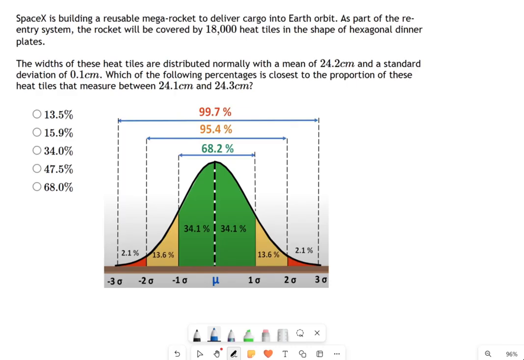Most people tend to fall within this range of heights, right? And then at the edges, you have a few people who are really short and a few people who are really tall, right? Lots of data in life follows normal distributions. In this problem, let's dive into a little bit more about what this means. First, I want to explain what this chart means.